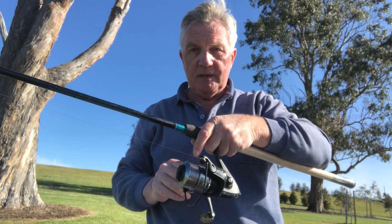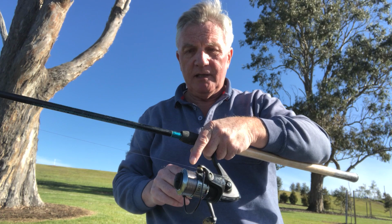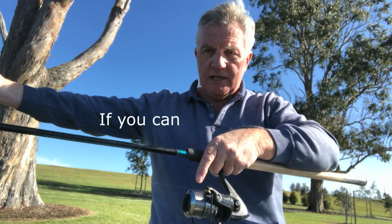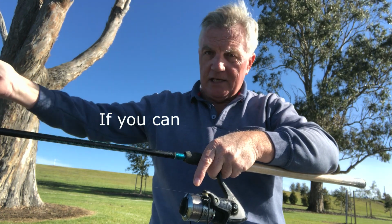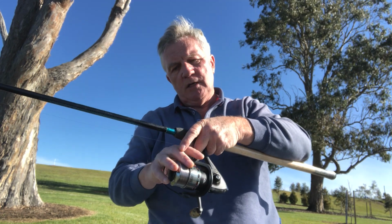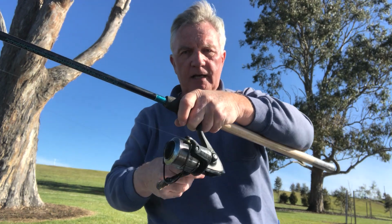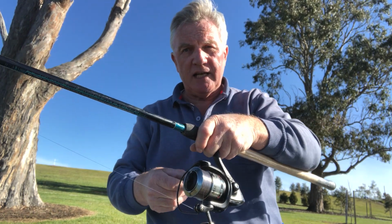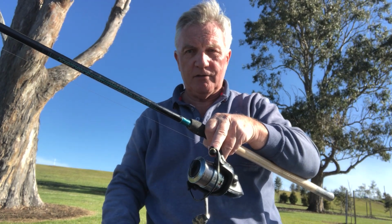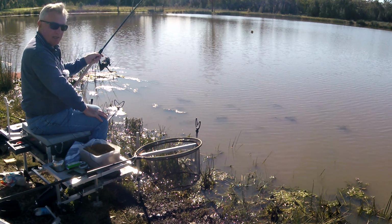If you do get to the situation where you're either about to hit the line clip because you can see it, or you know you've hit the line clip because you can feel the rod bump, make sure you've got the rod out as an acute angle either to the right or to the left. That gives you a little bit of time still to allow the rod to be pulled around whilst you unclip, fingers over, and then re-engage the bail arm. That way you shouldn't get any slack in the line, because you really don't want that, especially if you're using a barbless hook. So the question is, if you have to release the line clip because you've got a fish on,